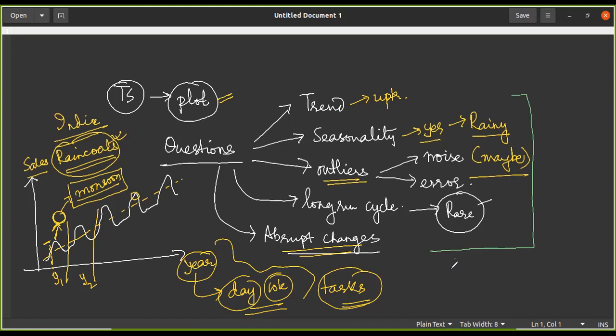We are going to answer many of the questions over here only. Many of the very important questions will be answered here, because believe it or not, many of your business users are not even aware that there is a trend or a seasonality, unless we solve these kinds of questions which we find out from the plot. Unless we plot, they were not even aware. I have seen this myself also.